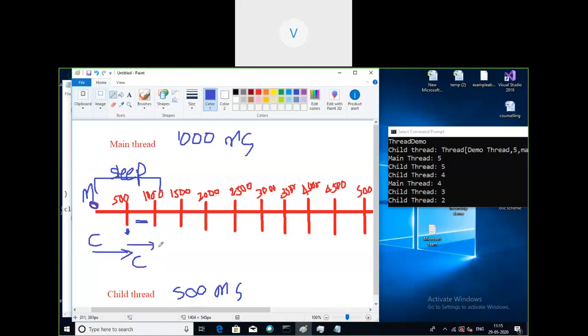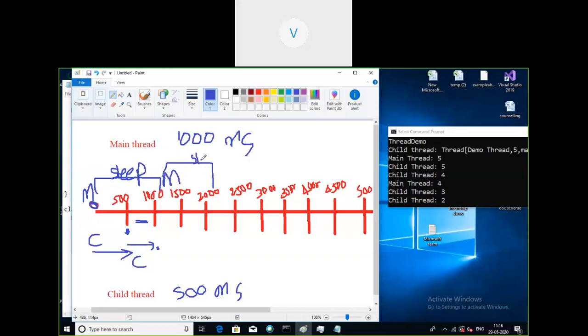Now assume at this point of time, 1000 milliseconds, the main has executed 1 time and the child has executed 2 times. Again the rotation will be given to the main thread, so the main thread will execute. See here in the output, the main thread will execute and then from here to here it will sleep again.